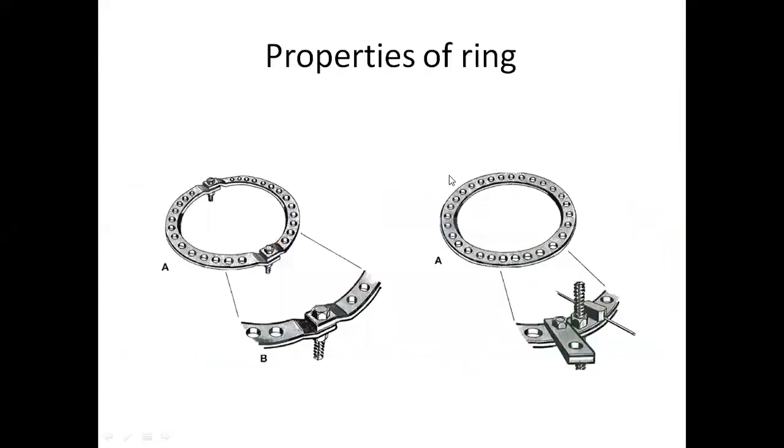At the first, I said something about the advantage of the full ring. Though it has a disadvantage, the advantage is that it has more holes to attach many things. But in the half ring, some parts are lost. Usually, if we place this connection on the mechanical axis, then you need not put any wires or other things in this axis. Usually wires are passed from the lateral to medial direction. You can even customize the position of this connection so that you can spare the holes and get a good assembly.